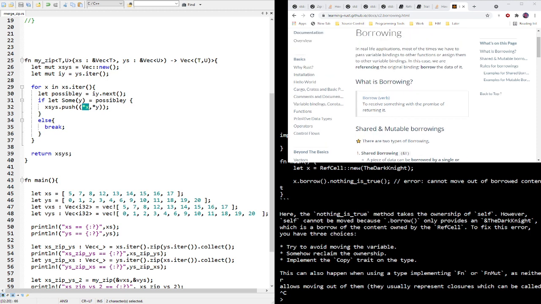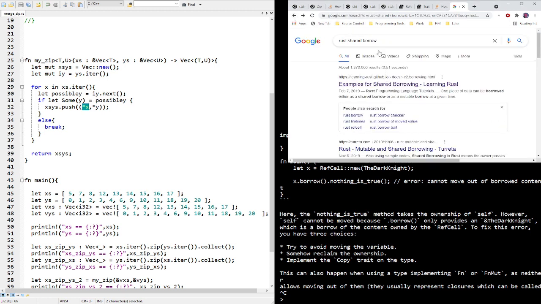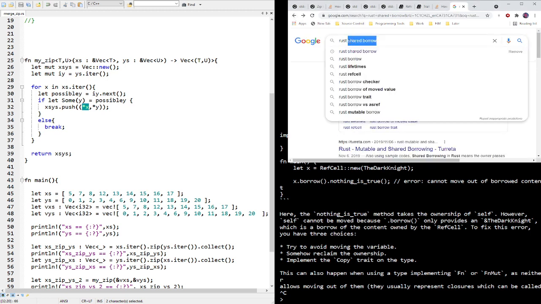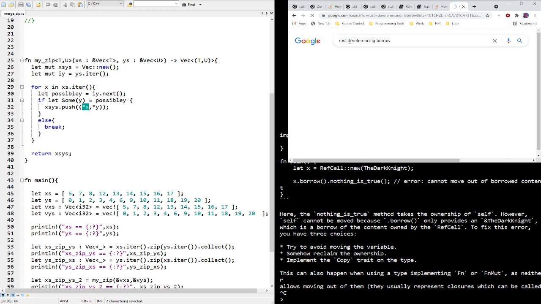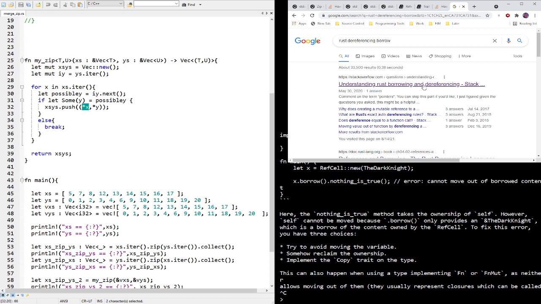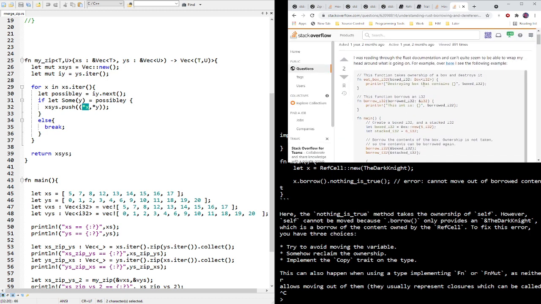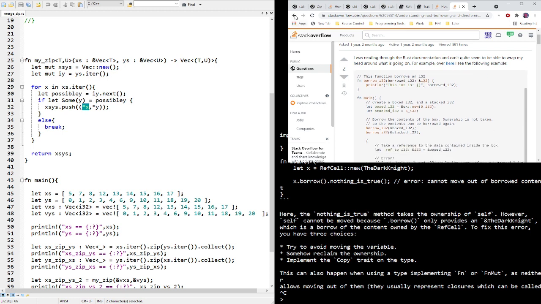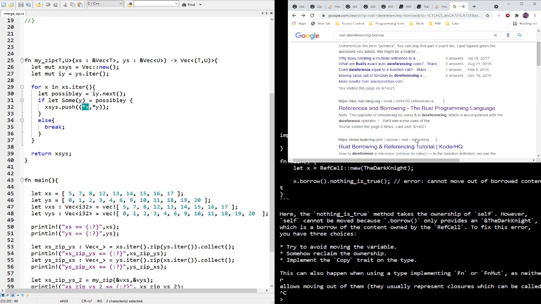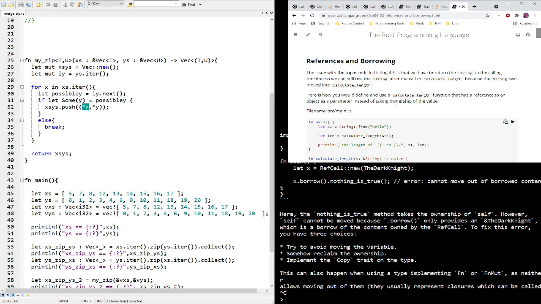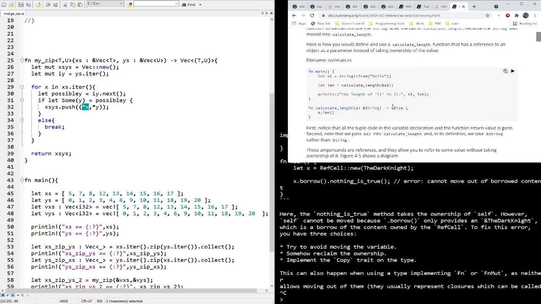all right, I have to look up what is the effect on borrowing when I dereference it. So Rust dereferencing borrow. What does that actually do? That's going to take me a little longer to read than I want. I think I've gone into this web page before. The issue with the tuple code, we have to return the string to the calling function. Okay, so